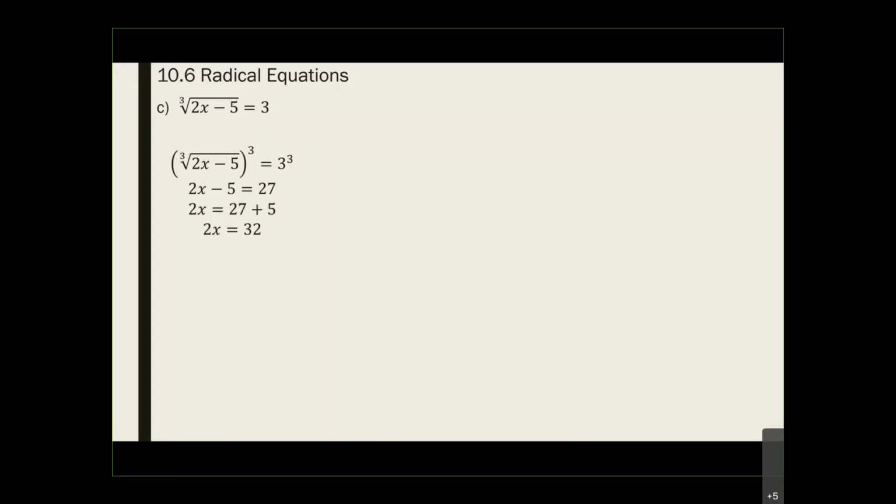And now how do I solve for x? Even though it's a cube root, it's basically the same as a square root before. And again, this problem is probably easy because they don't have another term, right? You will not have a cube root